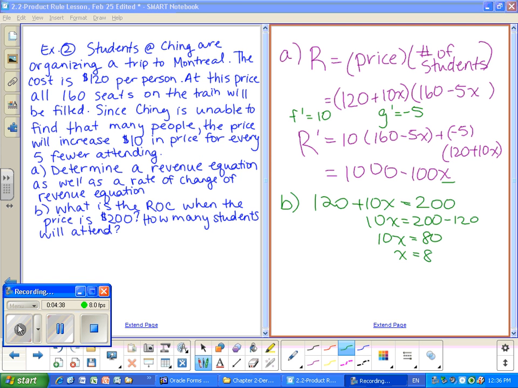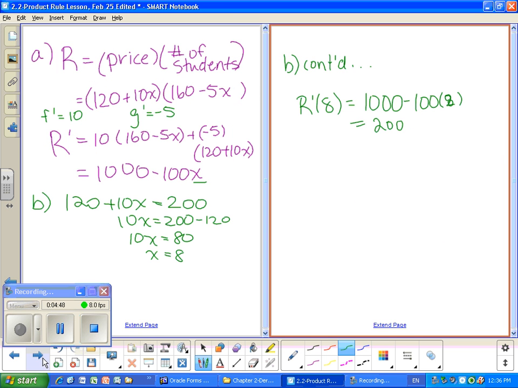Okay, so that was only the first part. Now we need to know for how many students that applied to. What do we do? That's right. Plug the 8 into the second part of the equation. So we then have 160 minus 5 times 8. 160 minus 40. For price of 200, that would mean that 100